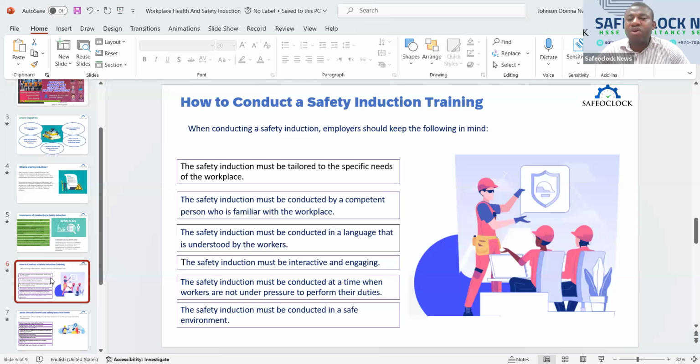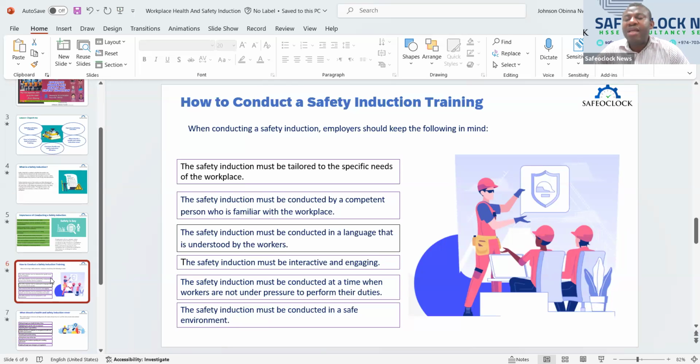Another thing is that safety induction should be carried out in a language that the workers or the inductees understand. It's not something that you just speak, and after speaking, you go your way, believing that they understand. It should be communicated effectively by someone who speaks that language effectively. If somebody is an Arabic speaker, it should be delivered by somebody who speaks Arabic efficiently, because information communicated during